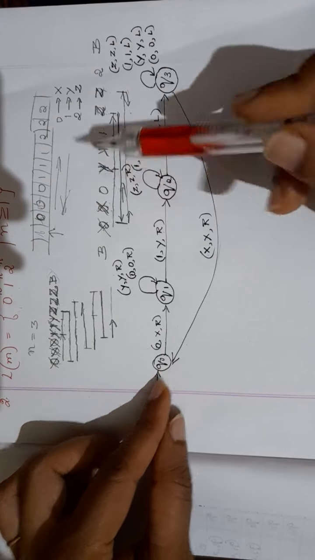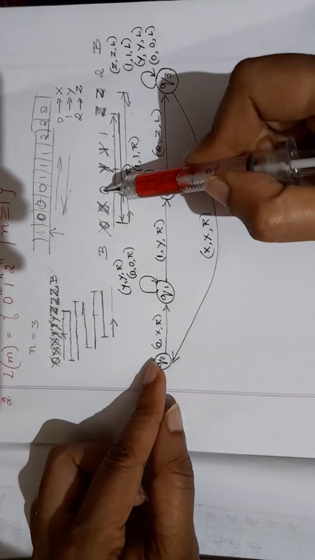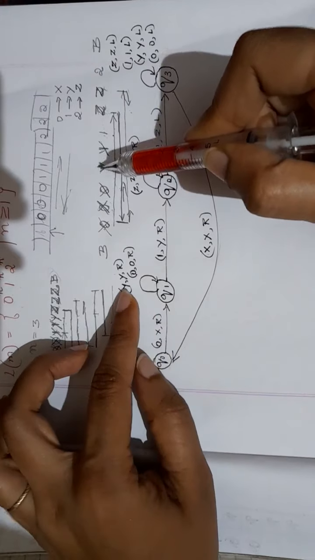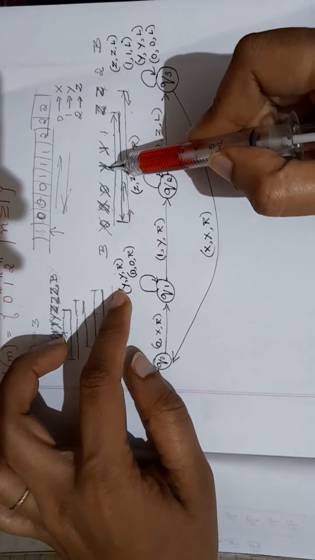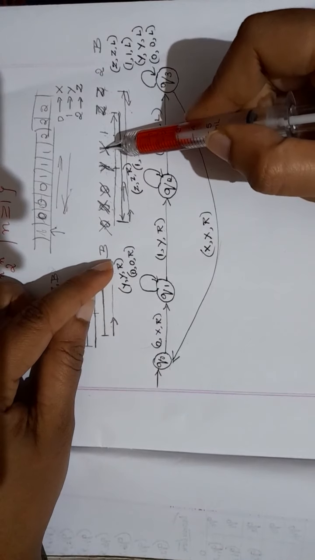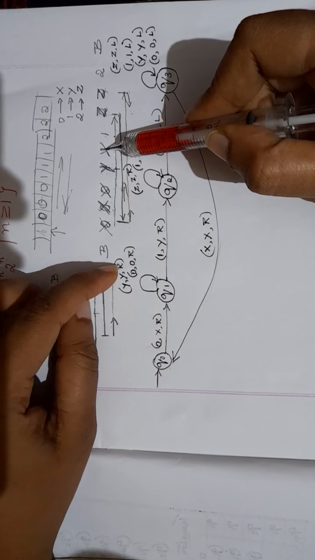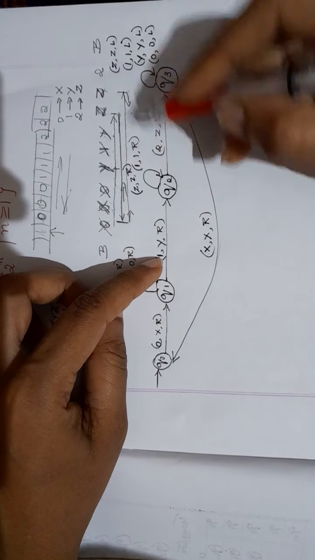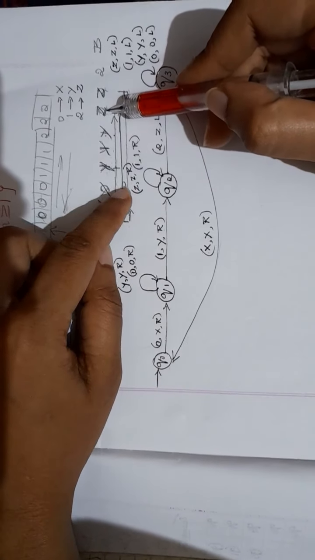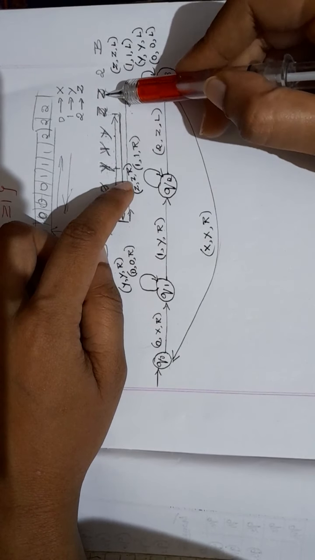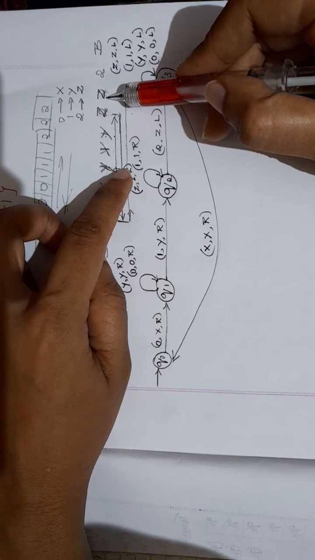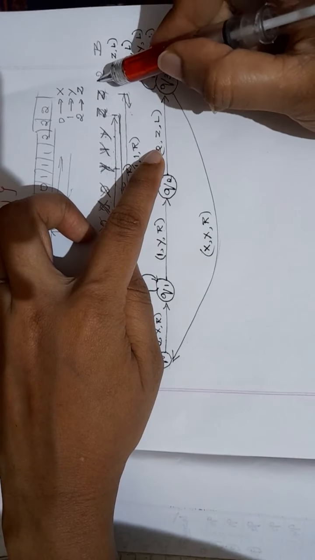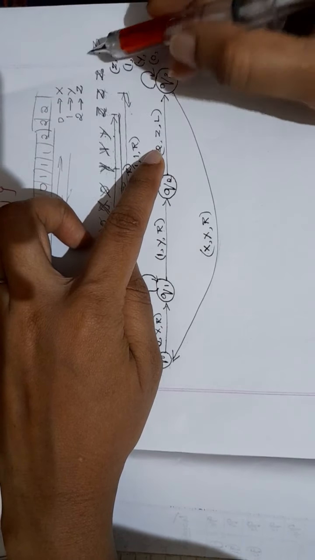Now after changing the direction, once again the same thing will repeat. You are reading 0, replace it with X, move right. Y, keep it as Y itself, move right. Now you are reading 1. 1, replace it with Y and then move right. Z, keep it as Z itself, move right. Now you are reading 2. What should you do? 2, replace 2 with Z and then move left.